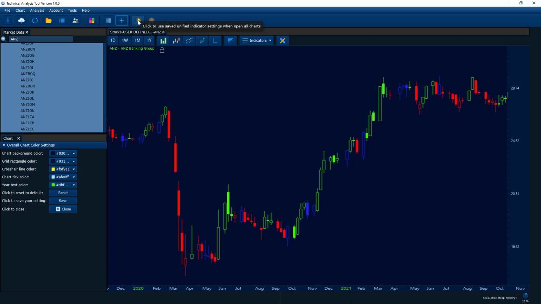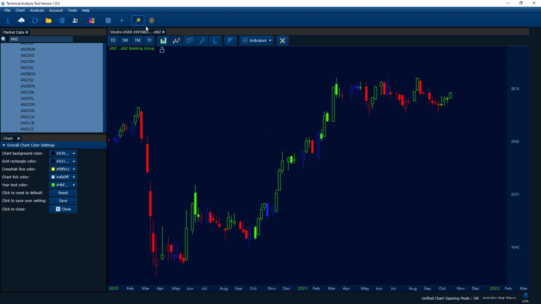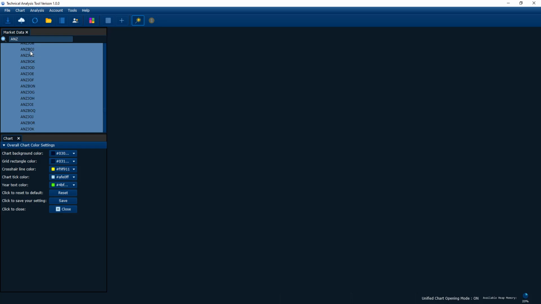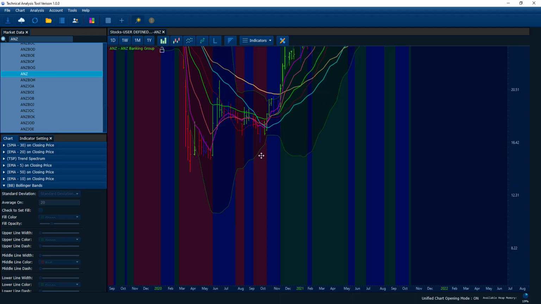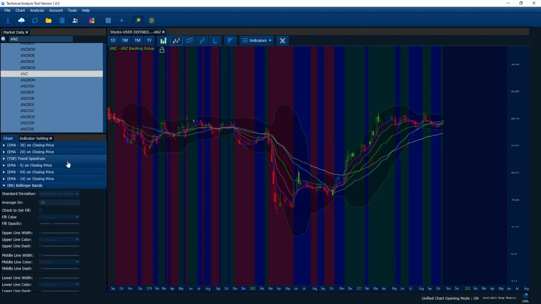The one next to it is the action provided by the application that allows you to open all the charts as predefined by you. For example, if you click that, I already have my own favorite way to open each chart. For example, I don't like this default one. I already preset my chart opening configuration groups. So if I enable it, that's my favorite way to open each chart, because I like to have all this moving average provided, and also I want to enable my Bollinger Bands. As you can see,